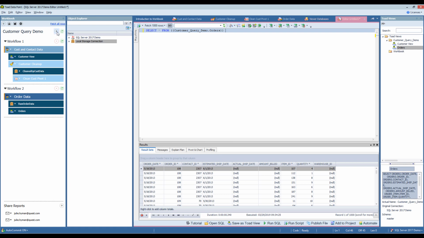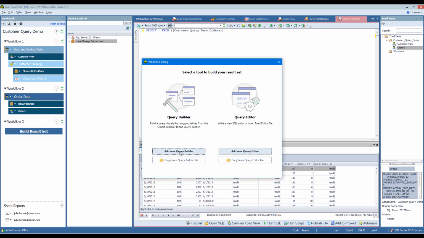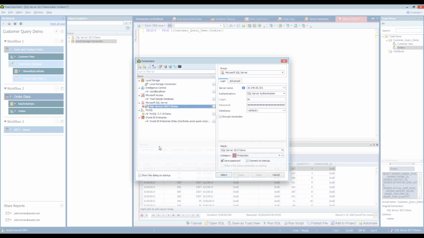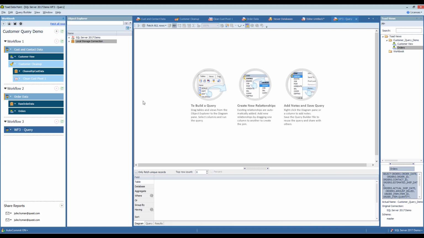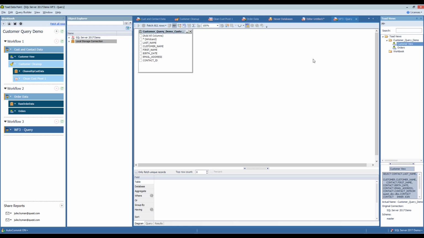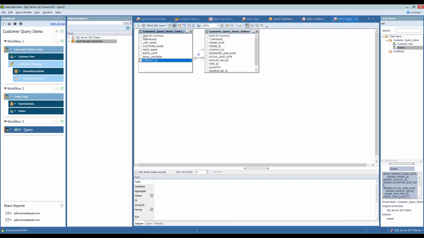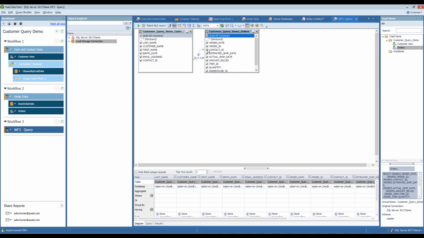Now, if I wanted to, I could create a whole new workflow here that is building a result set. And we'll pull it from my SQL Server system, select that. And now that I've got this here, I can grab these views from here. So rather than grabbing tables from my SQL Server database, I can just grab these already constructed views, pop them into this environment, draw my connection, pick my fields, and I can execute this query.